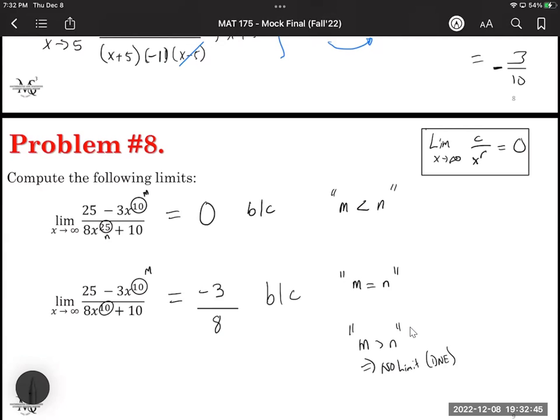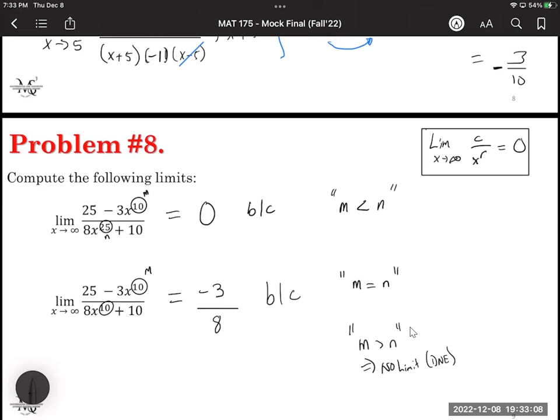I have a question. Go for it. For this type of problem, I see that the power on the x is different, but let's say they were the same. Let's say it was x to the 10th power on top and x to the 10th power in the bottom. Can we just factor it out? No,